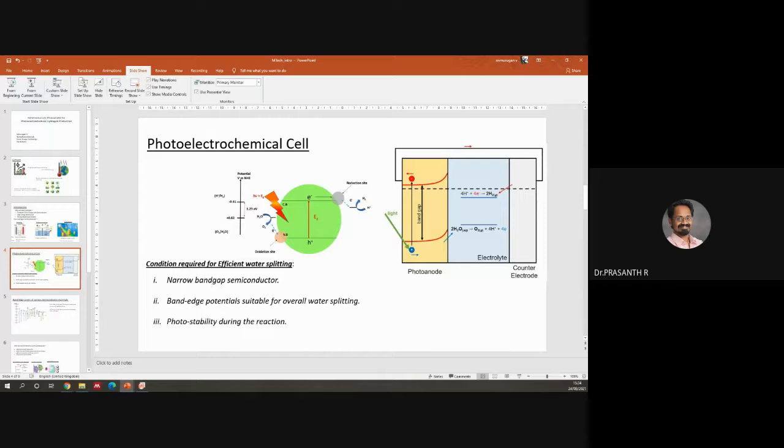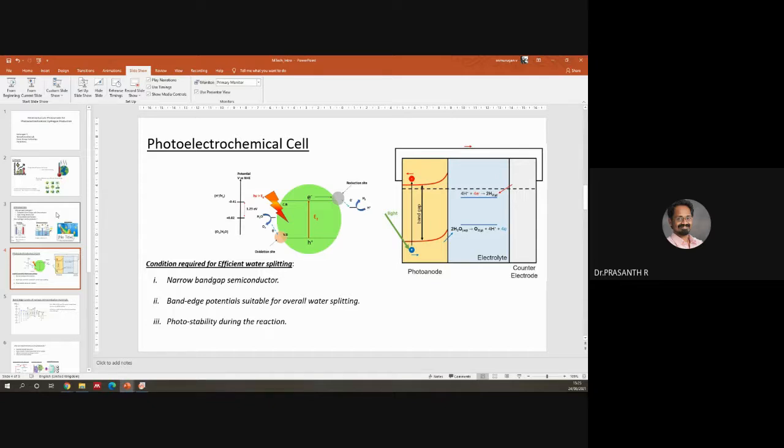The idea is producing hydrogen. Hydrogen is the cleanest energy available in the universe, and hydrogen is abundant, but there are a lot of problems in getting hydrogen because in the Earth's crust, free hydrogen is not really available. Most of this hydrogen is attached to oxygen and available in the form of water. So you have to split it.